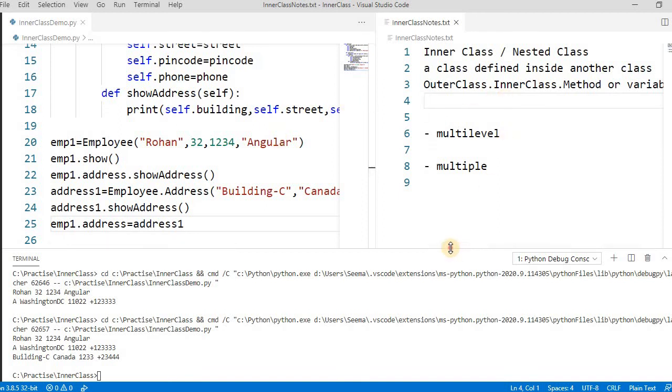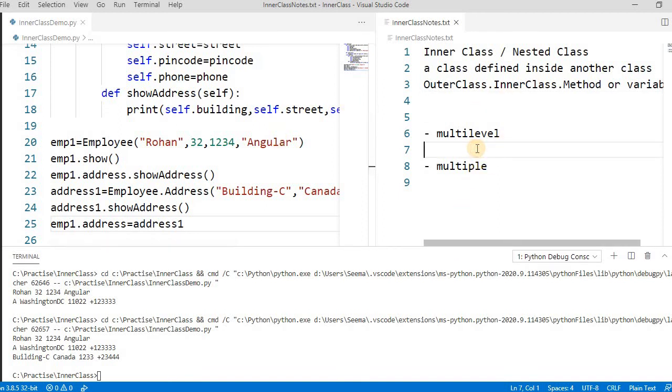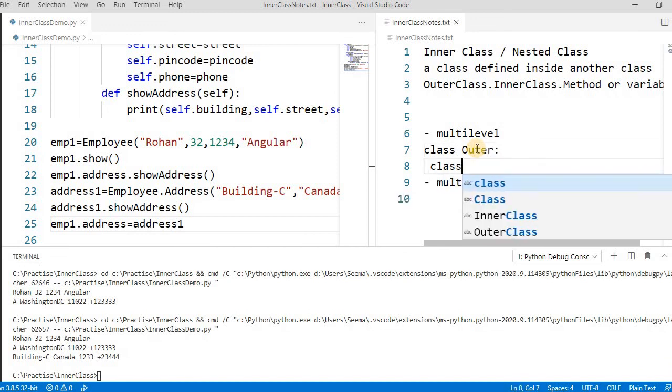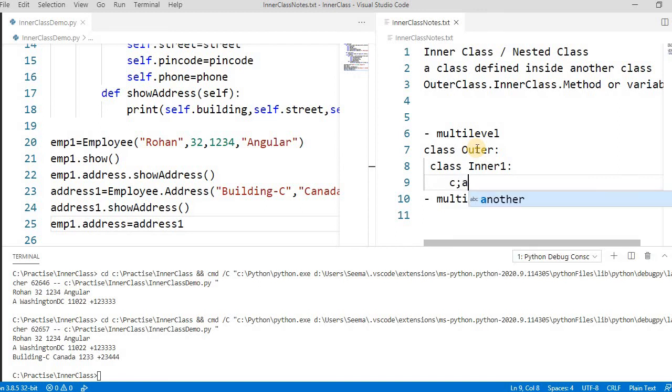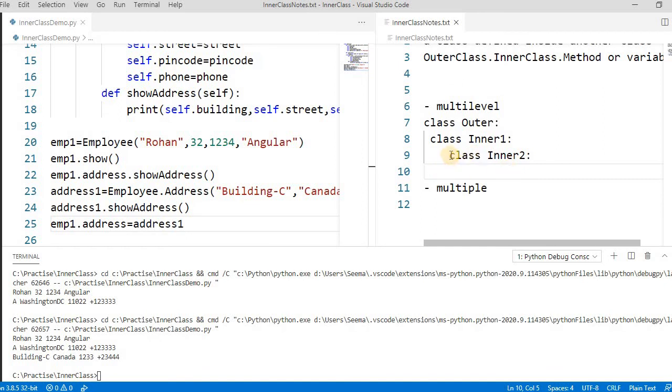So for multiple levels, it looks like class outer, and then we have class inner1, and inside this we can have class inner2. That is known as multi-level. Okay, sorry, it's multiple level. For multi-level, inside a class we can have n number of inner classes.